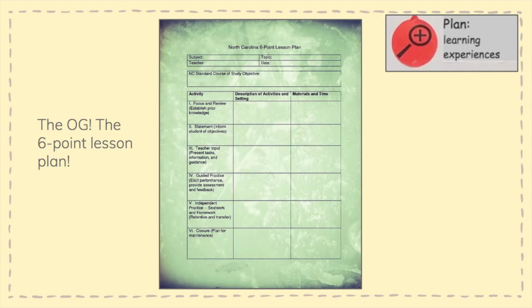Okay, so along with utilizing different things like the 6 core practices, we have to plan. Now, I'm not sure if you're in a situation where you have to turn your lesson plans in like 2 weeks ahead of time. That would drive me crazy. Because if we know that best practices of teaching means that I'm not going to really know where my students are in 2 weeks because my lesson plan is going to be changing daily. However,